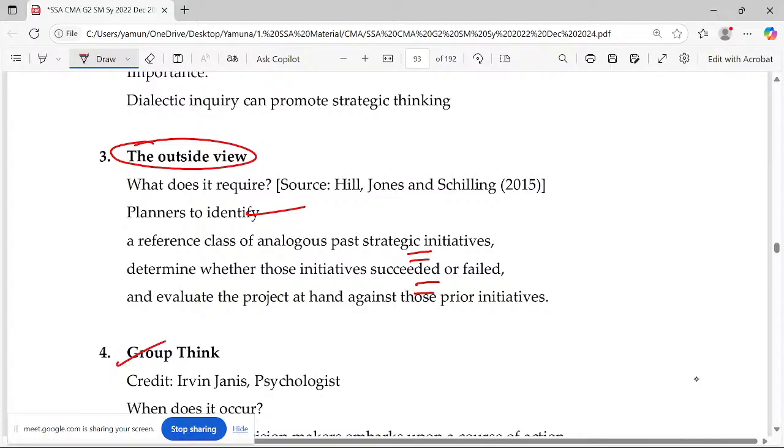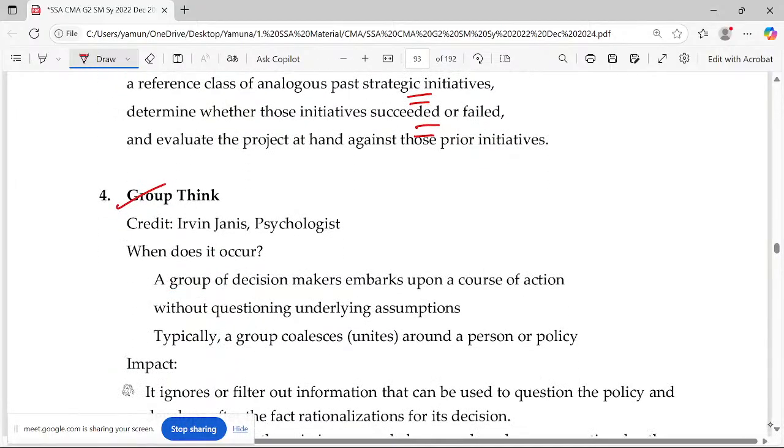Let me go for the fourth one, groupthink. We'll form a group, and we take a course of action. We'll take all the assumptions and focus accordingly. We'll work as a united group. We'll just form a group and everybody will work for that. So if something happens in a wrong way, everybody will be responsible. If it happens in a good way, everybody will take the credit. So this is how it goes.